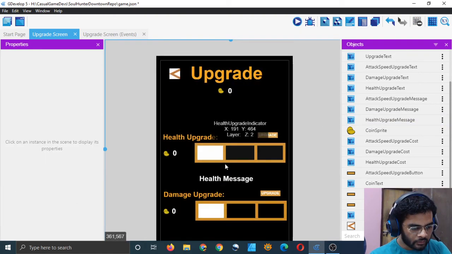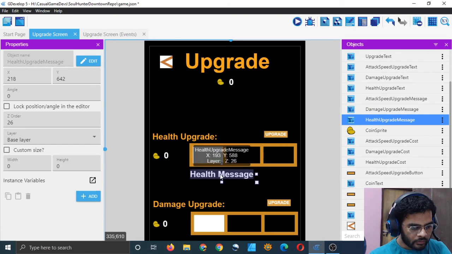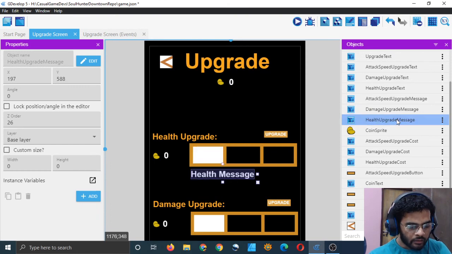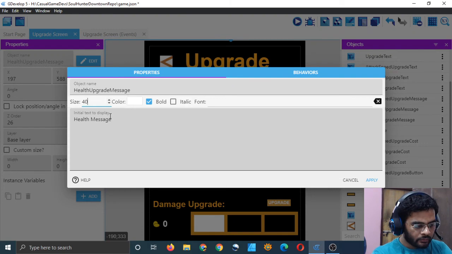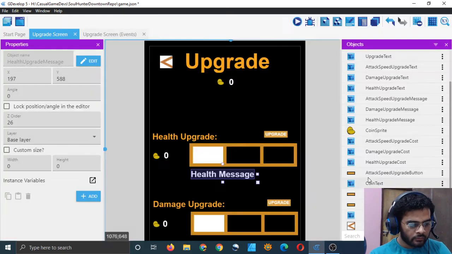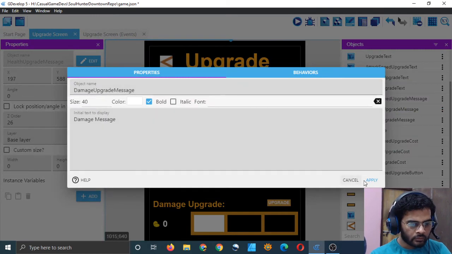Health message is already here. So just bring it a little bit here, and reduce the size. I believe 40 for all of them. For damage upgrade is already, oh they are already 40.